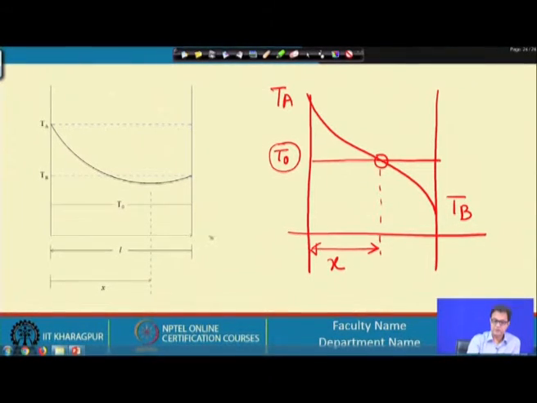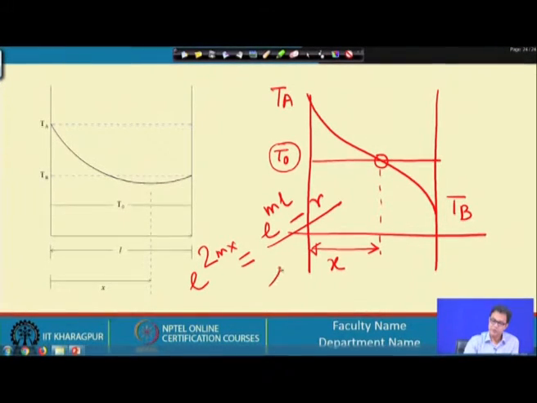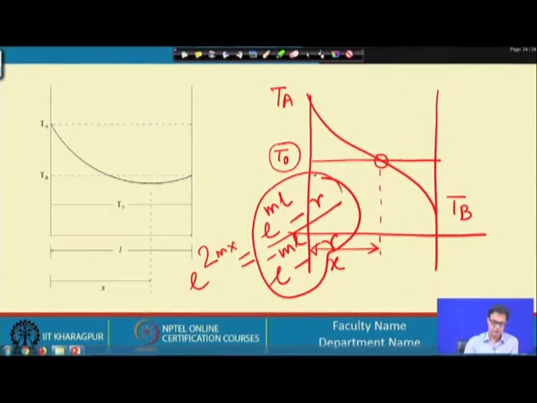And now in this case, e to the power 2mx will lead to the situation e to the power ml minus r divided by e to the power minus ml minus r. So, this is different from the previous situation, and this will also correspond to a different situation giving rise